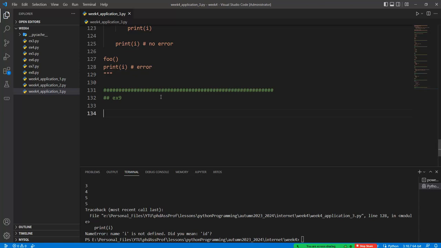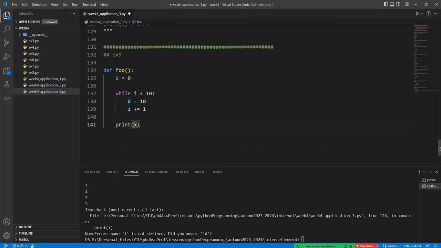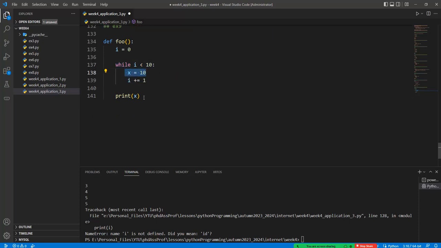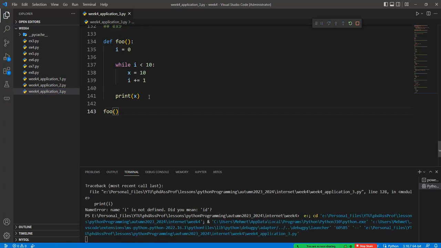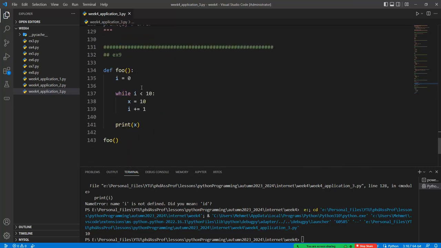So if this is the case, then we can create another foo function in here like this one. I should be initialized to 0. Okay, and so while I is smaller than 10, we can assign x is 10, and in each iteration we add the 1 value in here. Okay, and so what happened if I print this x value outside of this while loop, because the while creates the x equal 10. Okay, but this print is not written in the while loop. And so if I call the foo function, we will get no error in here, because the same situation in the for is current with the while utilization. Okay,